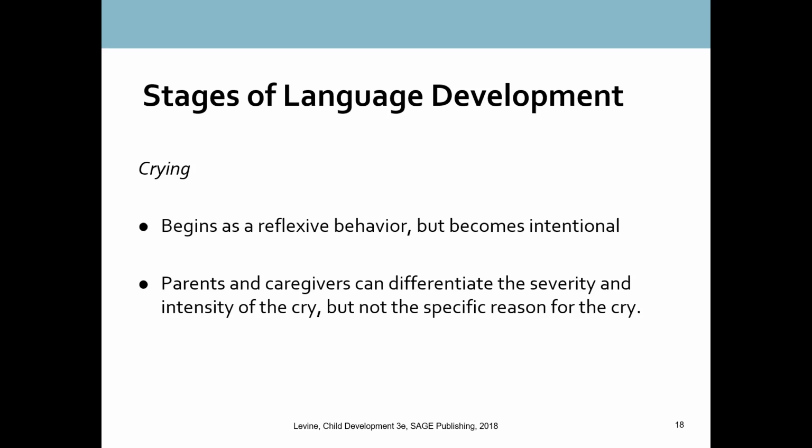Parents and caregivers can differentiate the severity and intensity of the cry, but not the specific reason for the cry. You may hear parents tell you differently, but in controlled studies, they show that there are not different cries for hunger versus discomfort versus loneliness, etc. Babies might cry louder or softer at times, but they do not. Research shows that they do not do specific cries that differentiate hunger, let's say, from when they need changing